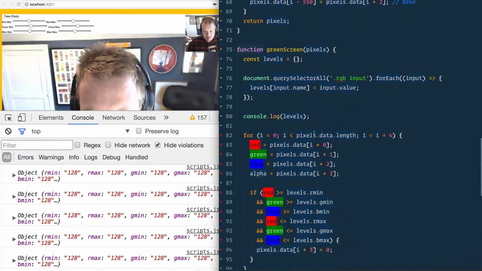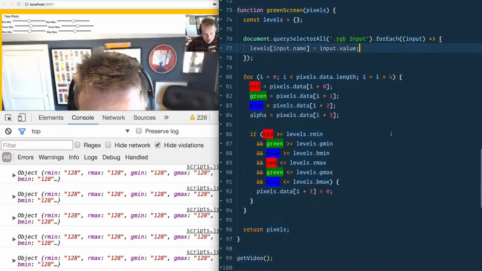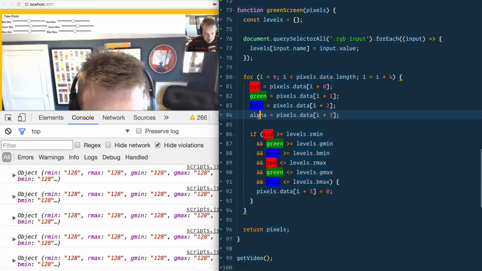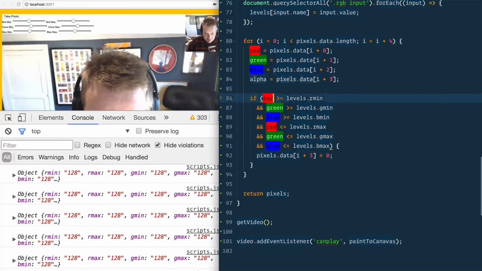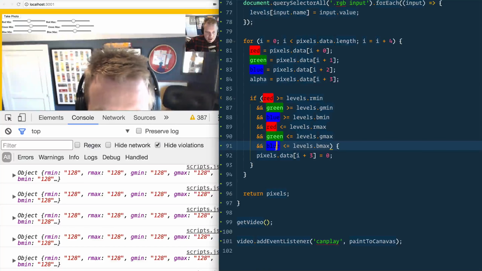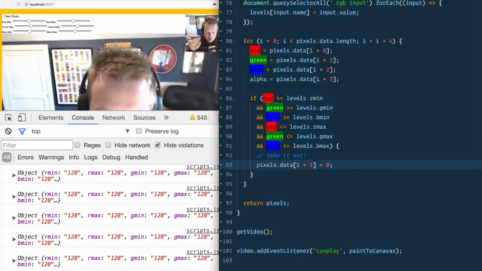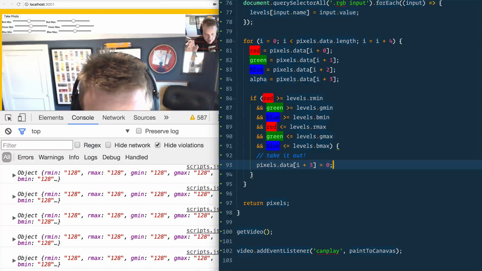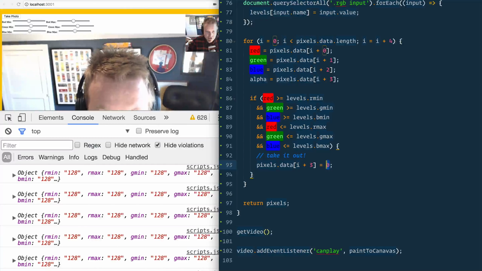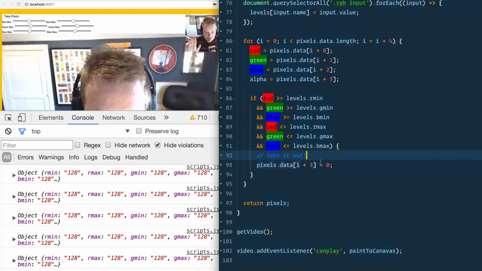Then we have a huge for loop, just like we've done before. We loop over every single pixel. We figure out what the red, the green, the blue, and the alpha are. And then we say, if the red and the green and the blue are anywhere in between those min and max values, that's what this huge if statement does, we take it out. Why? Because the 4th pixel is the alpha, which is the transparency value. And if you set that to 0, that's going to be totally transparent, rather than 255, which would be totally there. So if we give that a save now,